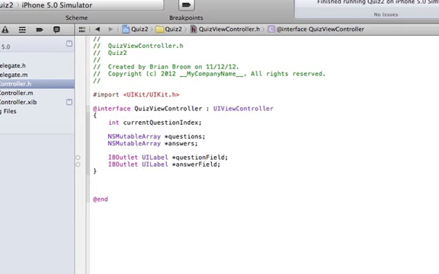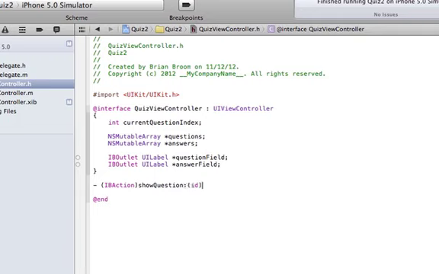The syntax for this is a dash, which is the one next to the 0 key, then parentheses, and then the type. So this is an IBAction, and I'm going to call this first one showQuestion,